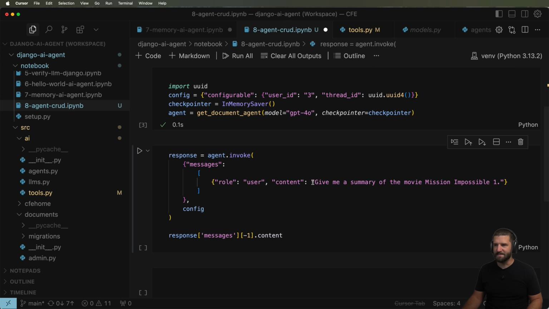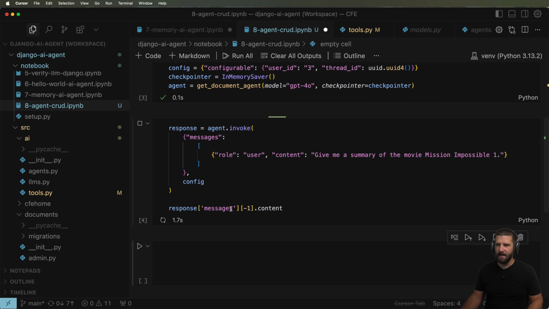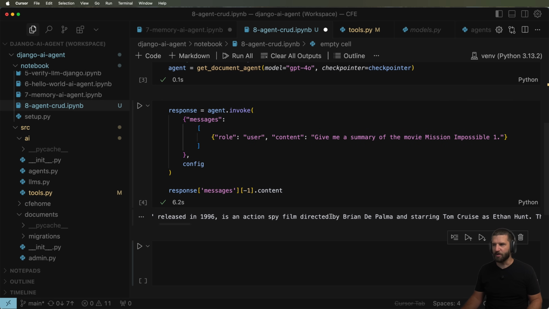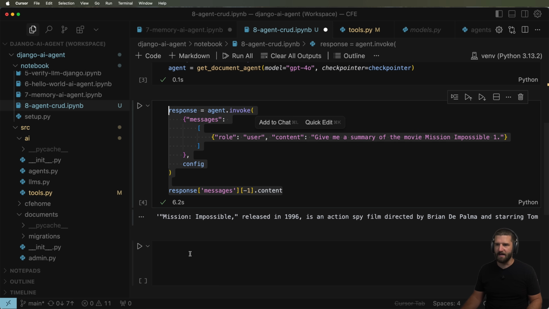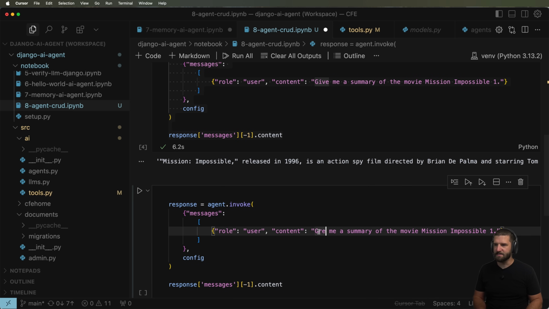But now I'm going to go ahead and say, give me a summary of the movie Mission Impossible 1. I'm going to run that. And this should actually do some sort of guess as to what that summary is. It's a pretty old movie, so no big deal here. Great. So now with that in mind, we'll go ahead and say, great,